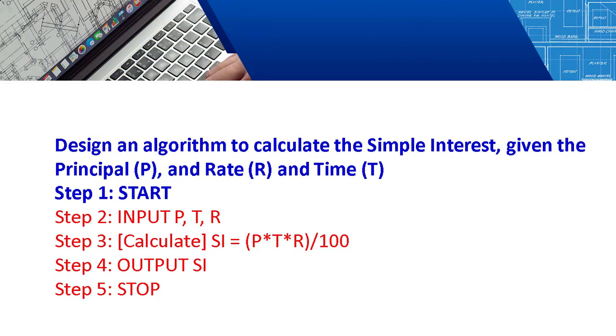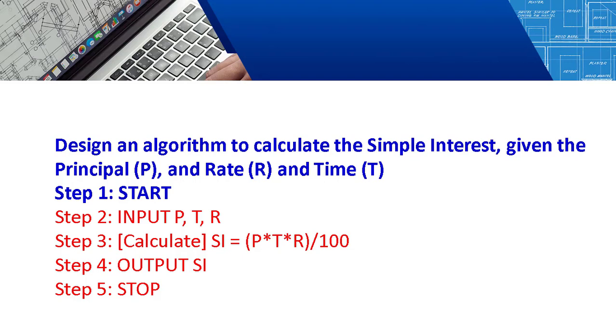You can see an algorithm here. Already I have told you what an algorithm is and the characteristics of an algorithm. An algorithm is a step-by-step procedure in order to solve the problem. We are taking an example here, that is, to calculate simple interest. Here the principal, rate and time will be given as the input, and you have to calculate simple interest. In order to calculate simple interest, you should know the formula. How to calculate the simple interest.